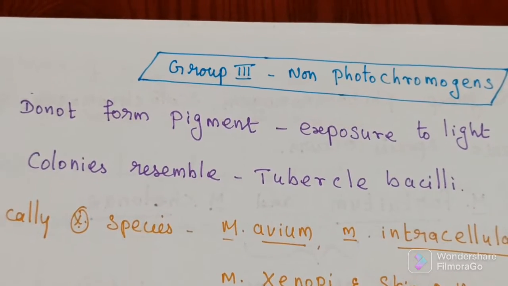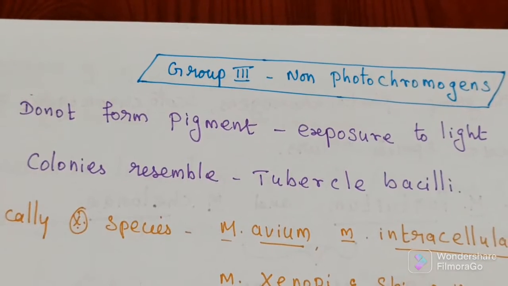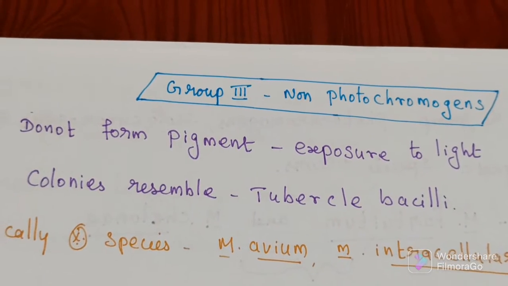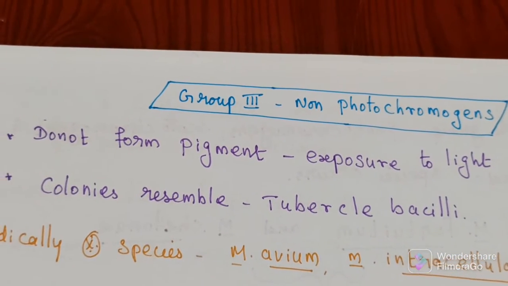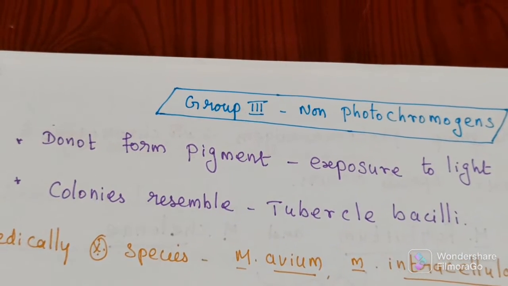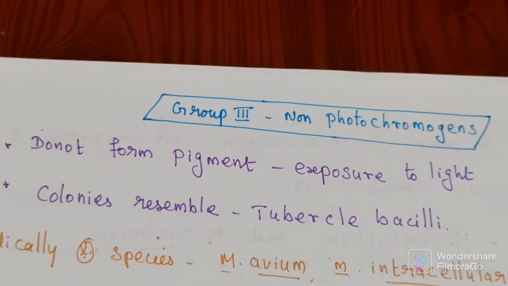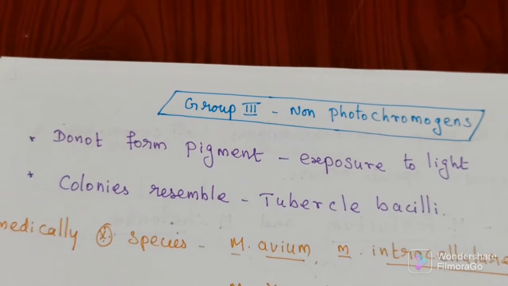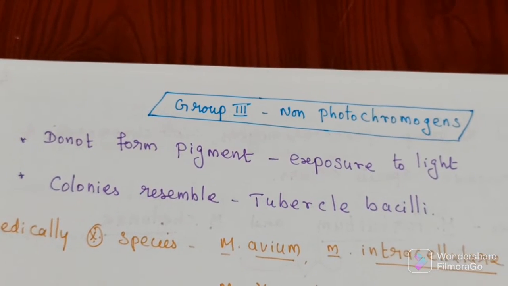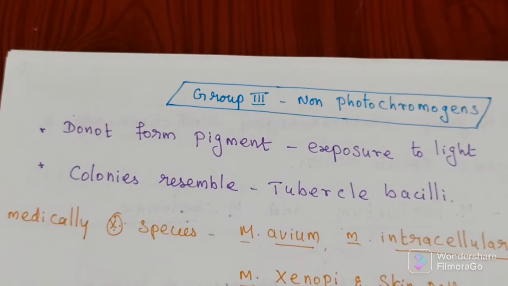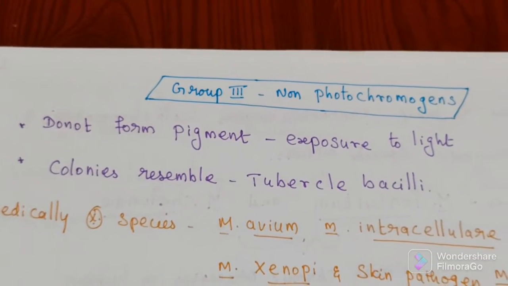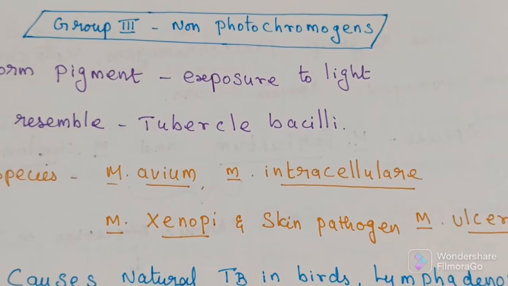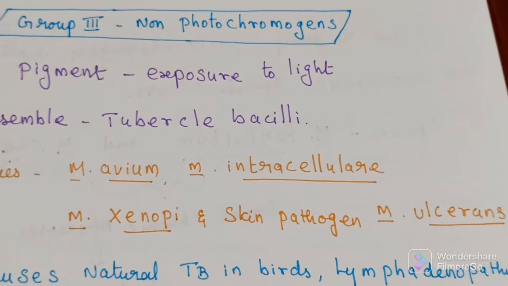This video is a continuation of non-tuberculous mycobacteria. Group 3 now, as groups 1 and 2 are already completed. Group 3 is the non-photochromogens. They do not form pigment even on exposure to light. The colonies produced by them resemble those of tuberculosis. The medically important species in group 3 include Mycobacterium avium, Mycobacterium intracellulare, Mycobacterium xenopi, and the skin pathogen